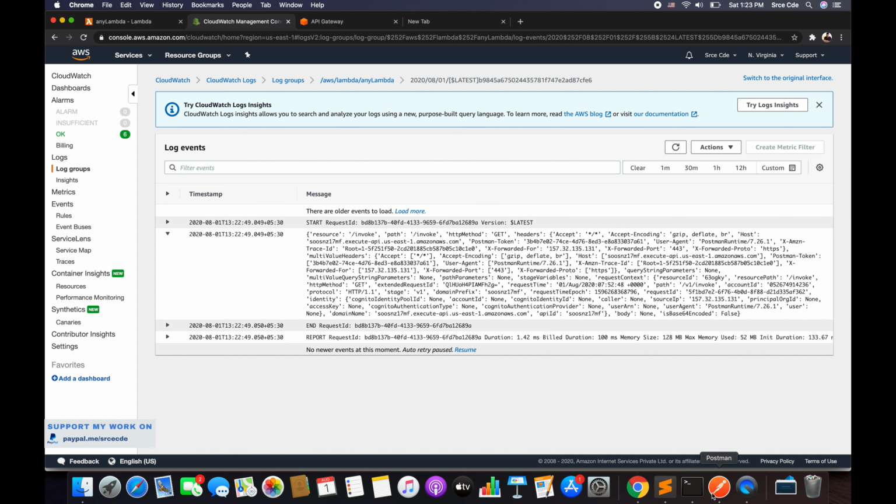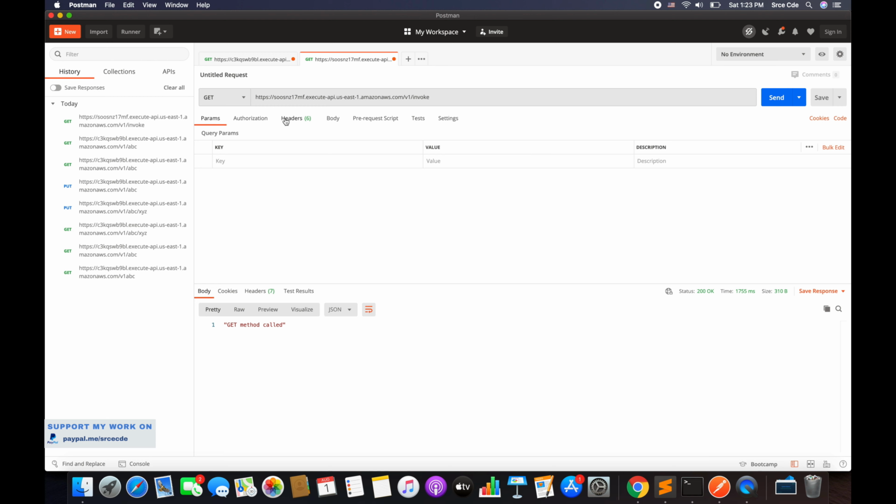So similarly, if I go ahead over here and let's say I want to perform post. So within headers, I want to say content type application/JSON, and I want to define a body saying maybe raw.